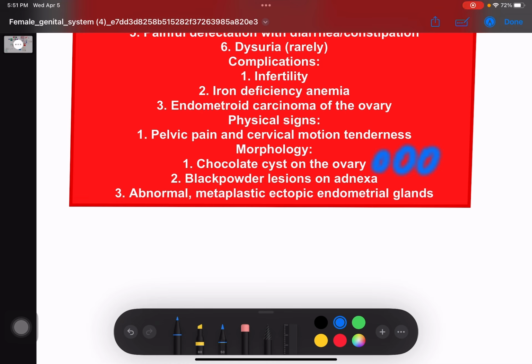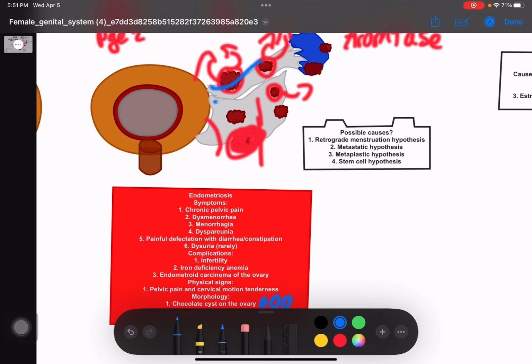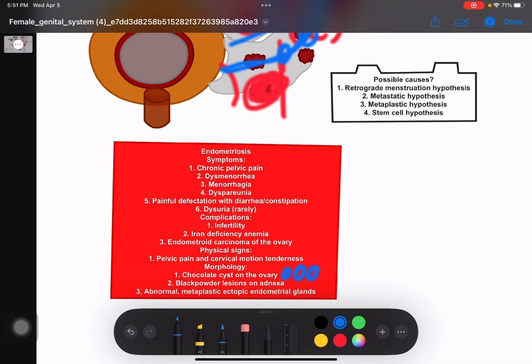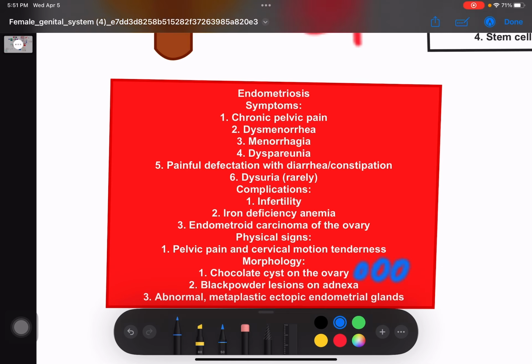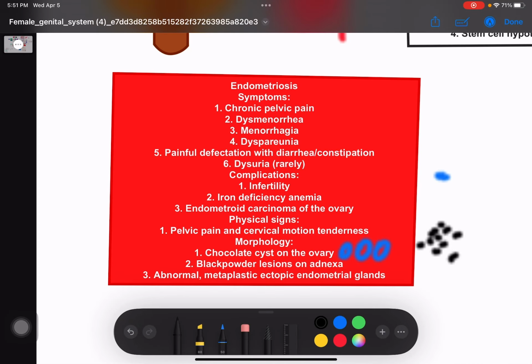Black powder lesions on adnexa. Adnexa are places like the salpinx, the fallopian tubes, and near the round ligament. When the endometrioid tissues are there, it's like black powder lesions. And abnormal metaplastic ectopic endometrial glands